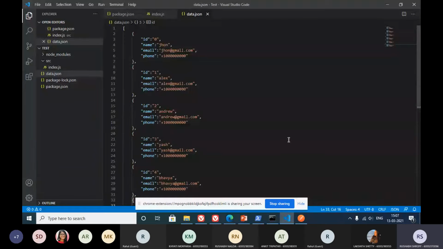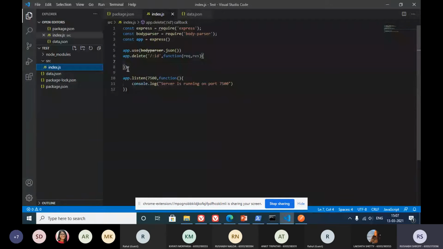So now we have our database and we'll create a very basic API. What we are going to do is enter a new user into this file, get a user from this file, then update a certain property of the user in this file, and delete. So a basic CRUD operation on this particular file. We are going to create 4 different requests: get, post, put and delete.